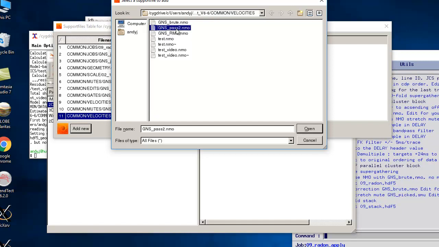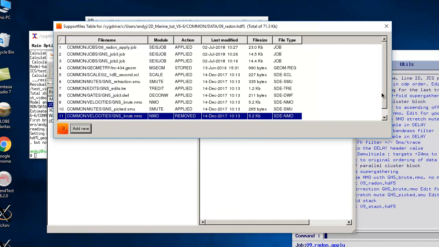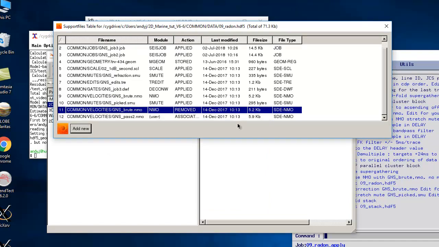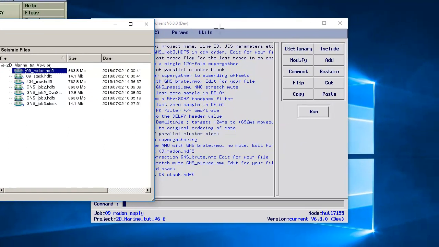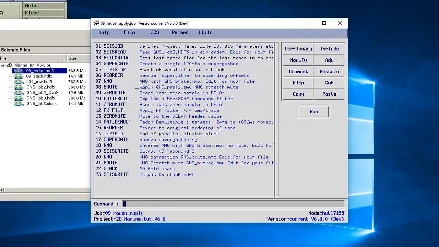So for instance, I can take the GNS pass2 velocity field and add that in. You'll also see that in this instance it defines that the user, i.e. me, has added this into the table. At the moment this velocity field is merely associated with this data set rather than actually being applied or stored in the trace header. So if I exit out of there, and in this radon apply job,